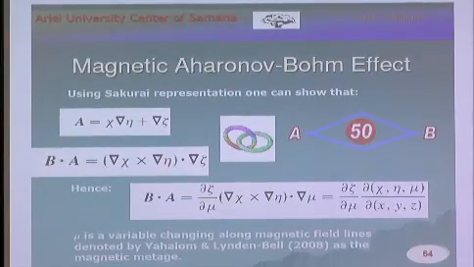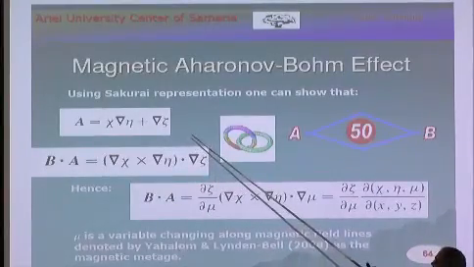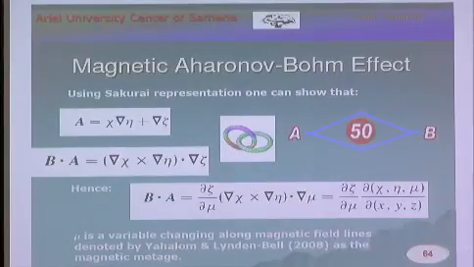Now, let us look at the vector potential in terms of the functions we introduced before, I mean, the Sakurai representation and chi and eta. In this case, A is just given as chi grad eta plus grad zeta. And if I dot B with A,